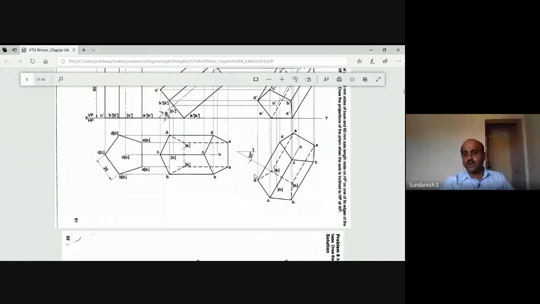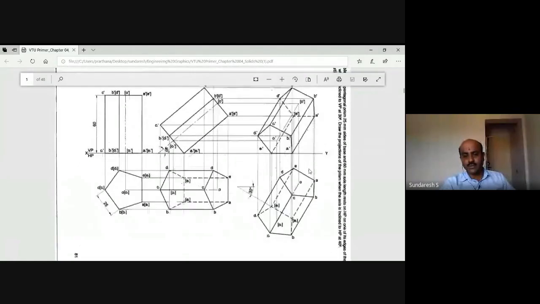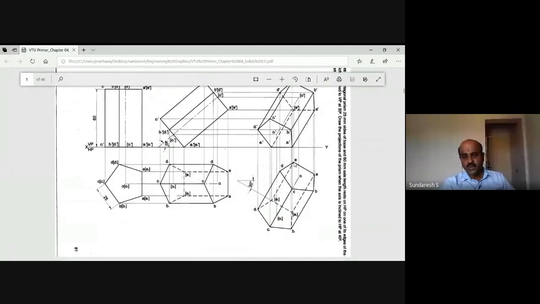So you can draw in the front view the complete base with a continuous line. Now the edges and corners which are away from the observer. In this front view, the corner which is away from the observer is point P in the top face. Once you see that it is away from the observer, you should imagine that